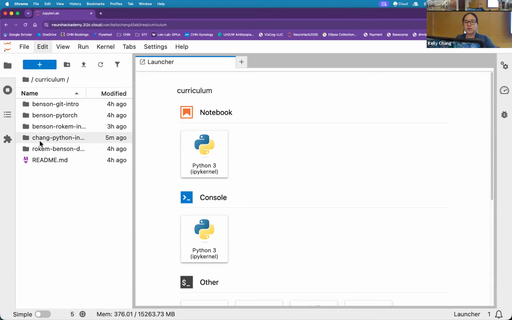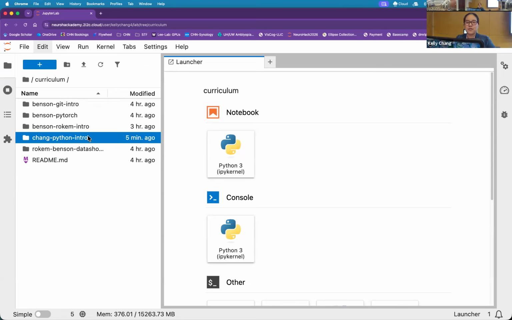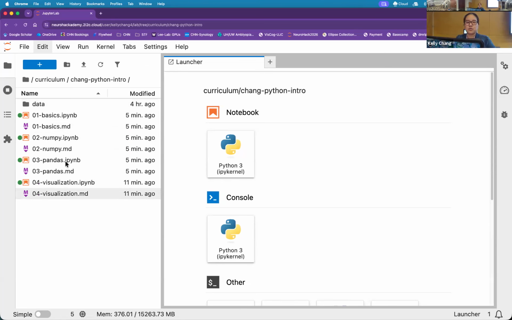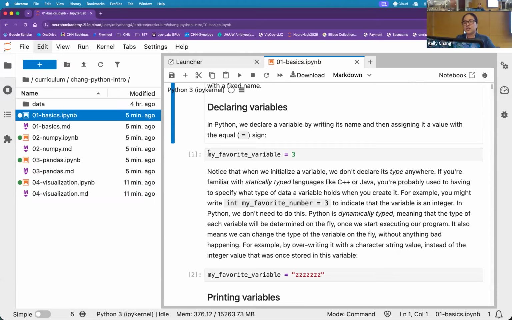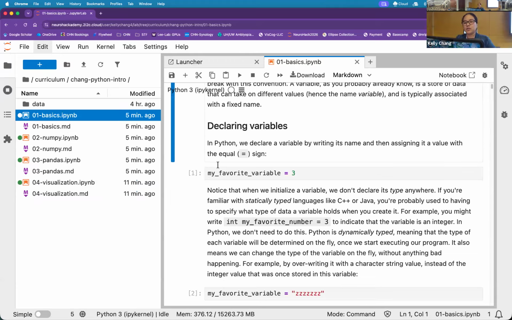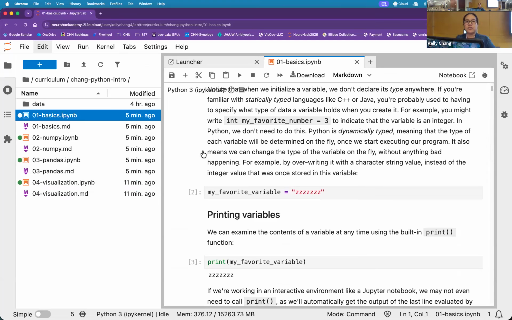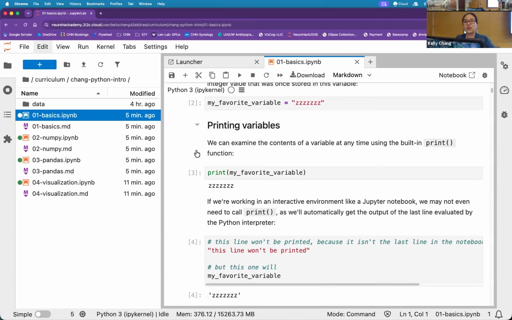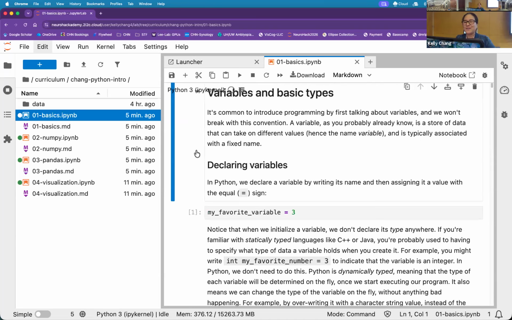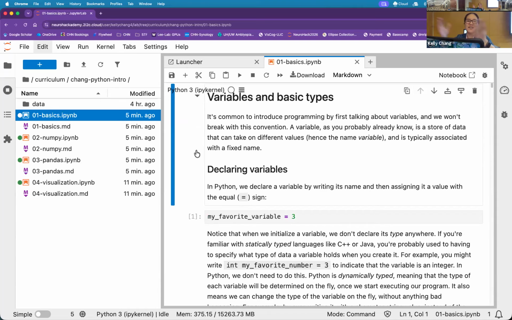If you opened up your cloud instance too early today, you might not see my last name here, Chang, Python intro, but that's where all of my notebooks are stored. You guys can have them and you can hold them. Basically, I hopefully numbered them for you so you can go through them at your leisure. These include not only the coding portions, but also some text around it so you can read it slower later if you feel like my talking speed is too fast, or if I misspoke, and you can read through this at a much more leisurely pace.